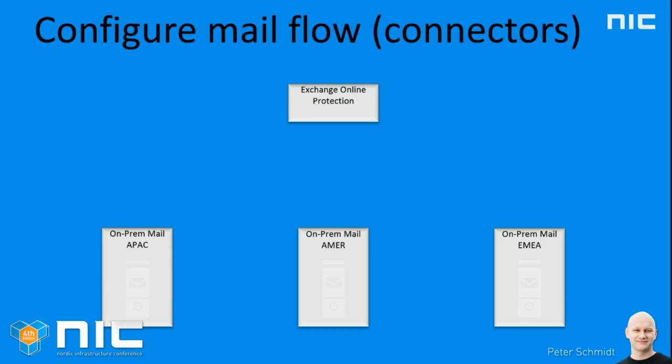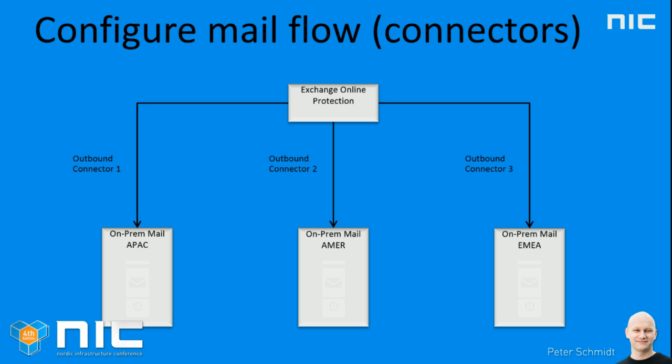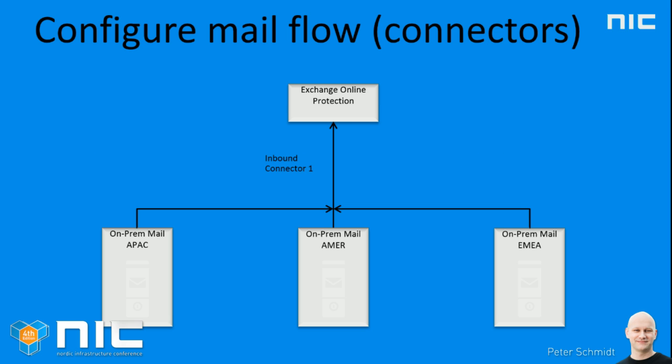If we look at the connectors in Exchange Online Protection, and you have maybe multiple sites that need to communicate with your online tenant or the Exchange Online Protection tenant, you set up different outbound connectors based on where EOP will deliver the mail to, your branch offices or your on-prem servers. When mail goes the other way around, you can use one inbound connector in the EOP, and within the EOP we set up which IP addresses our mail comes from.